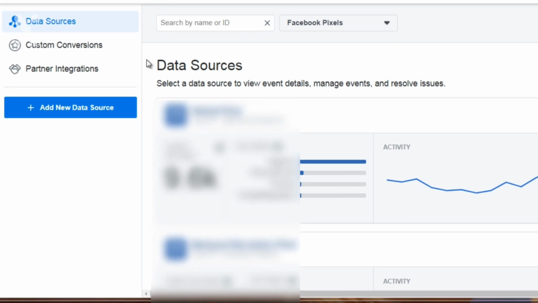Now, bear in mind that the user interface can change, but a lot of times it will be the same in terms of what to access and what you have access to and all that. So really what you're interested in are the pixels. So right now in this account, you can see that I have several pixels,